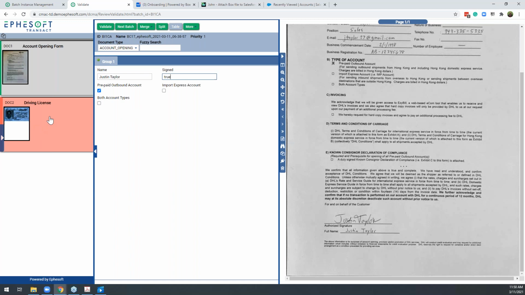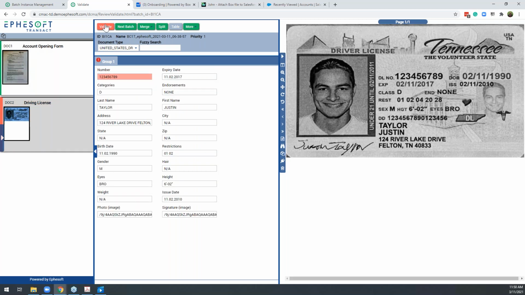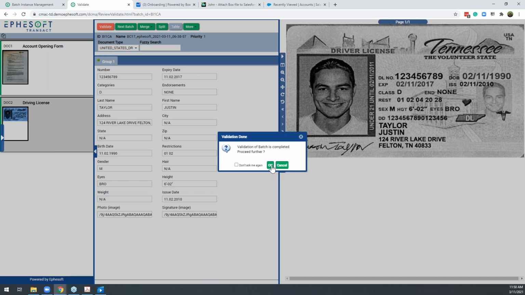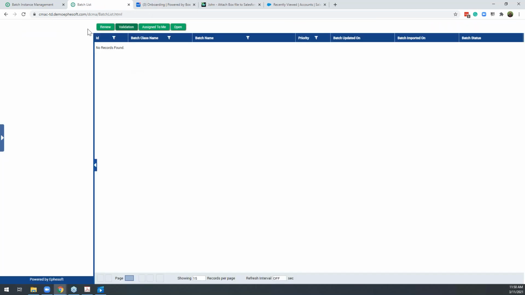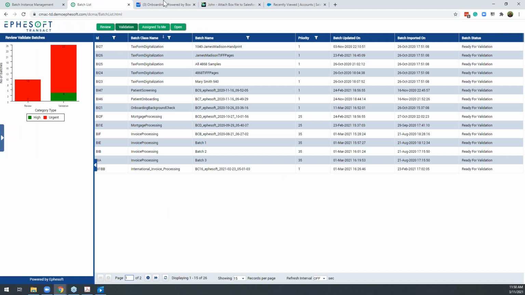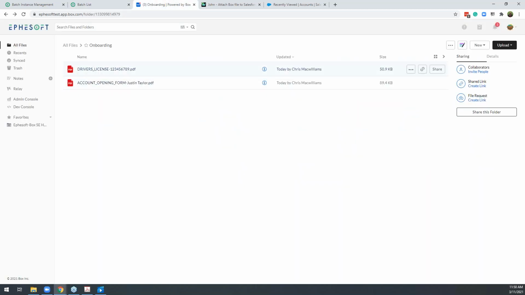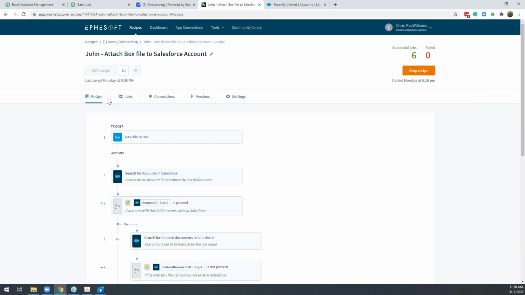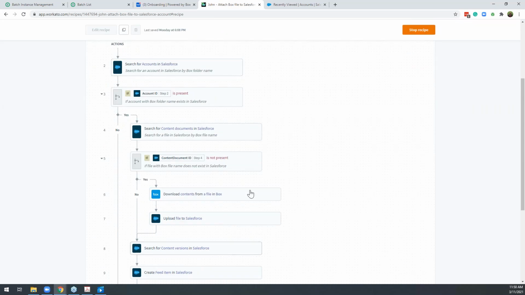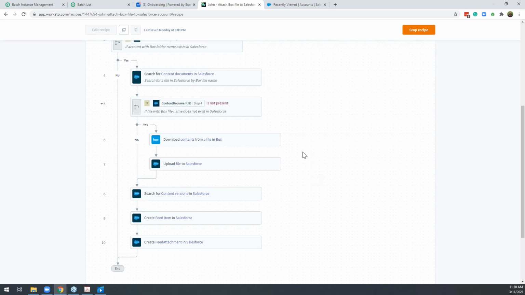There was a question on data validation. We have different formatting rules and logical data formatting that we can do inside of the Transact side as well. So again, I'll validate and push this document out. At that point, we would run it through the recipe again, and I'm pushing the documents back out to Box in a neat, organized manner.